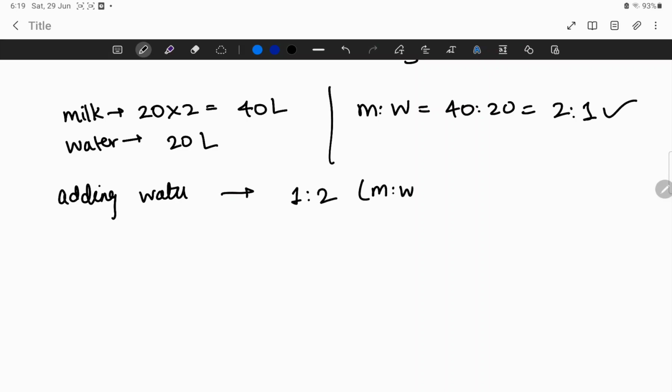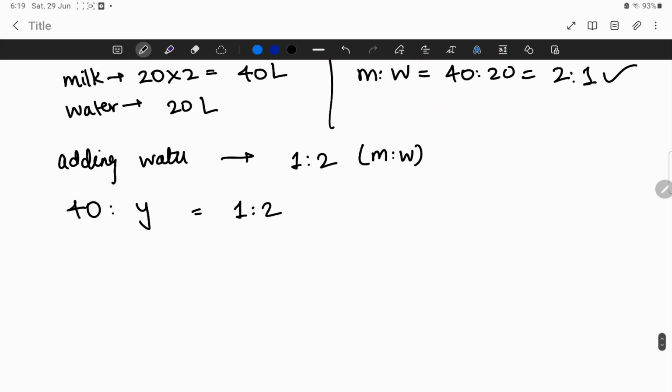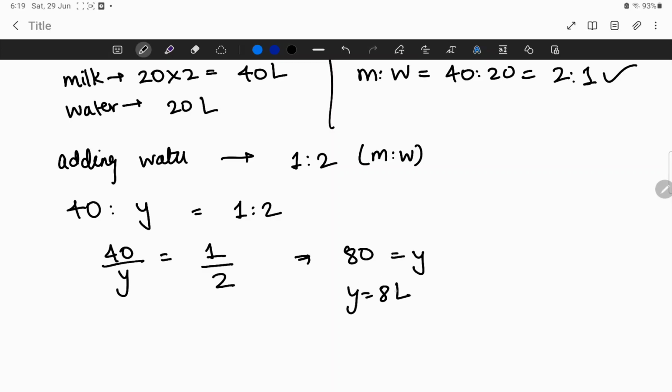This is milk to water. So we know that milk is 40 liters is to y liters water is equal to 1 is to 2. So the way we can write this is 40 upon y is equal to 1 upon 2. So this means, we need to cross multiply, 80 is equal to y. So your y is now 80 liters